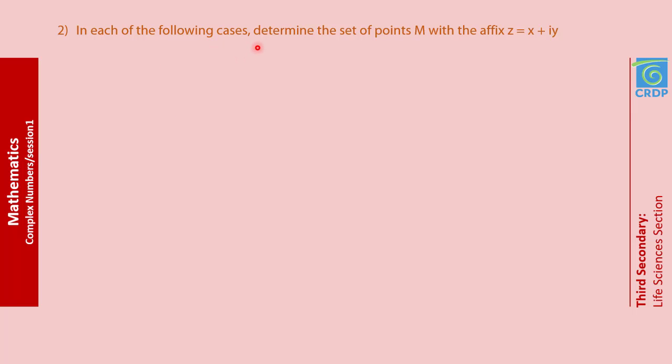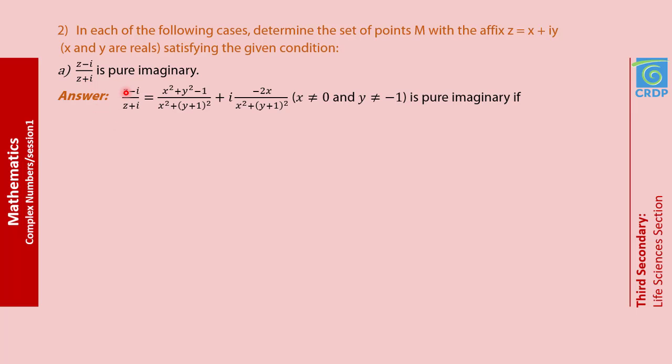In each of the following cases, we must determine the set of points M with affix z equal to x plus iy, where x and y are real numbers, satisfying the given condition. First part, the quotient z minus I over z plus I is pure imaginary. First, we replace z by x plus iy. Second, we multiply and divide by the conjugate of the denominator to obtain the algebraic form of the quotient